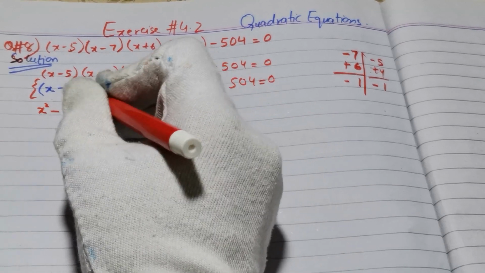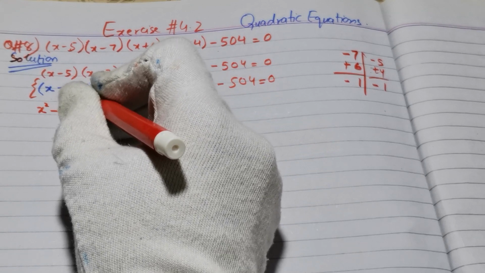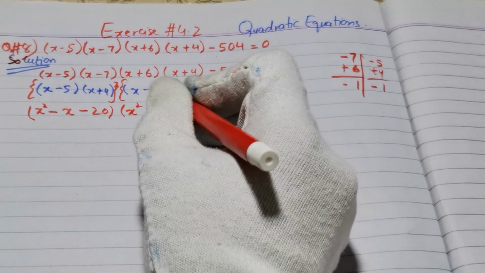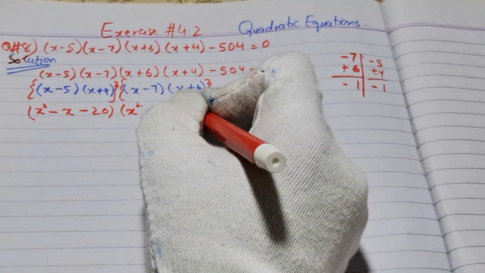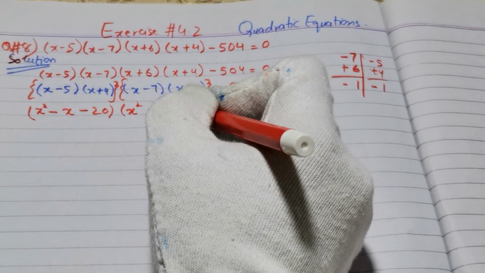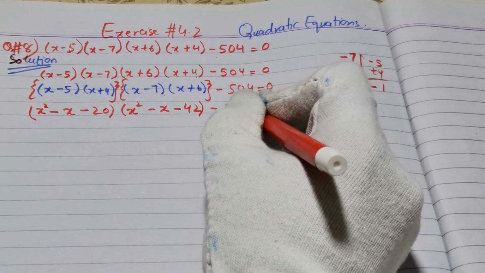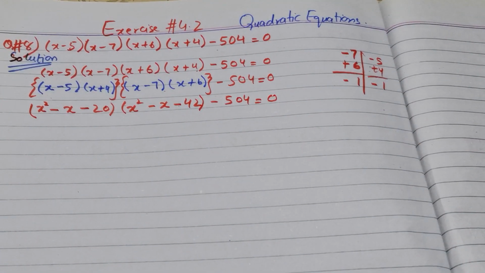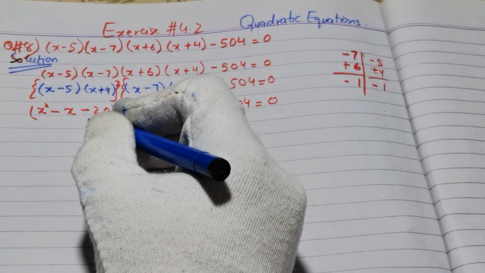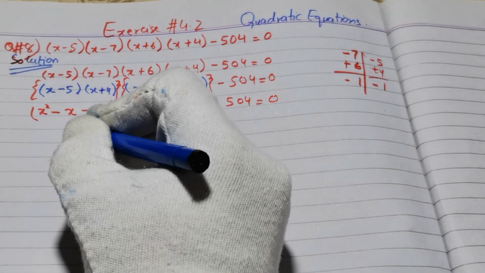x square minus x, and minus 5 times 4 is minus 20. x into x, x square, -7 plus 6 minus x, and minus 7 times 6 is minus 42. Minus 504 equal to 0. To make our equation easier,